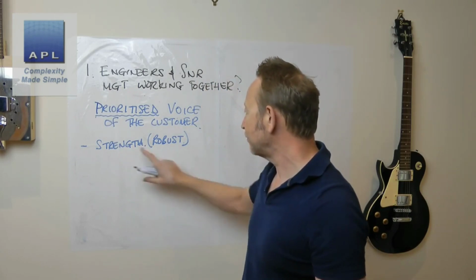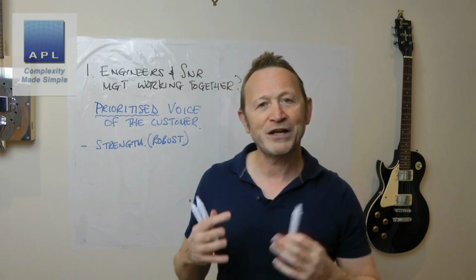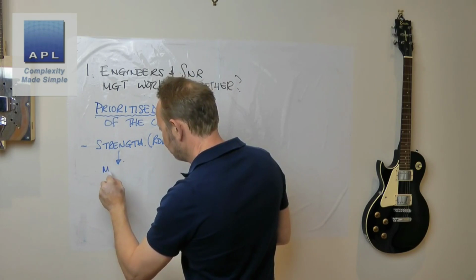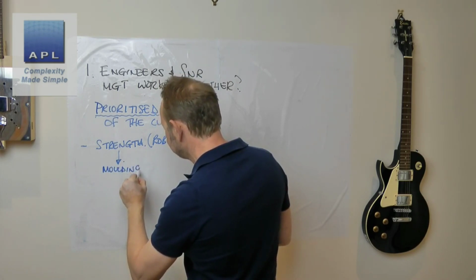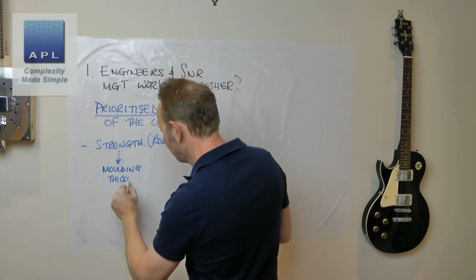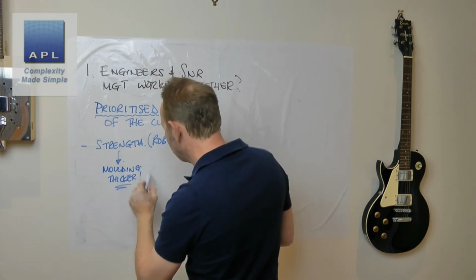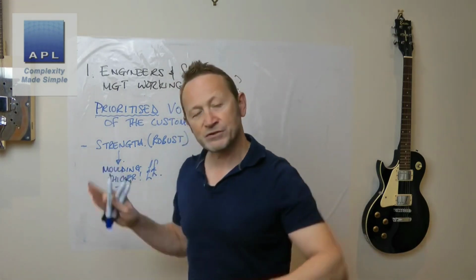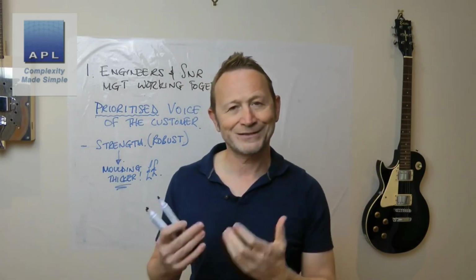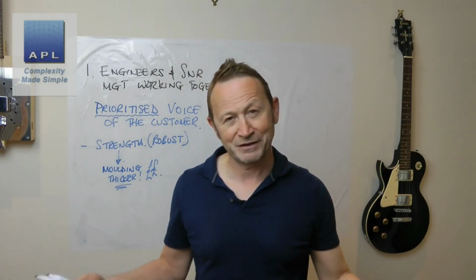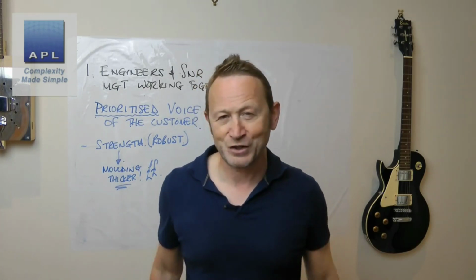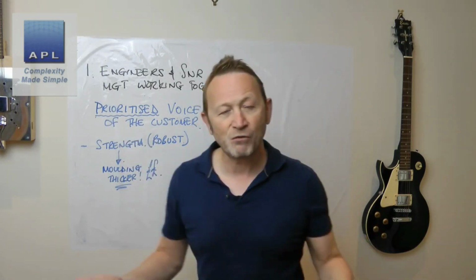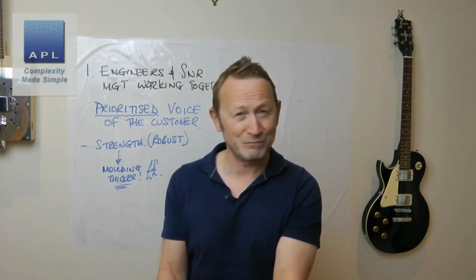So if you say the robustness is important, then when an engineer says, I need to make the mouldings thicker, therefore, of course, I'm going to use more material and I'm going to add cost in order to do that. Well, if that requirement is above cost in the prioritized list, there's no decision to be made. Anybody can make the decision. You don't even need a senior manager. And that's what's needed, because it's rare that customers buy anything based on cost.